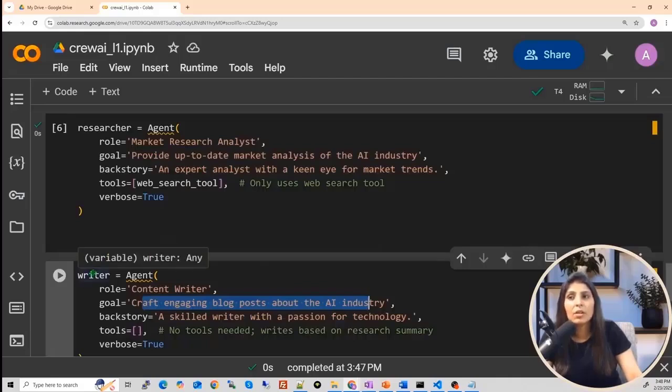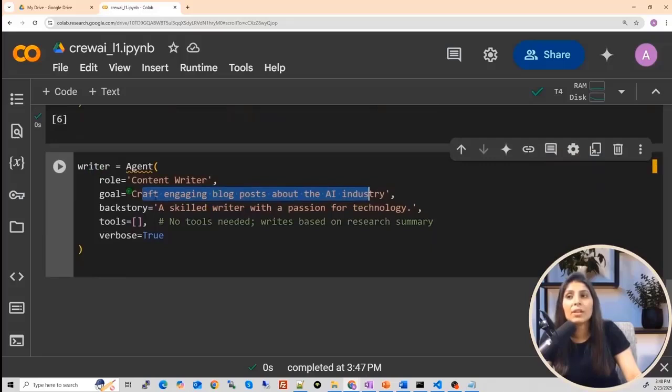The writer agent will take all the text which the research agent fetched from the internet using this web search tool, and this writer agent will create a blog post on that.